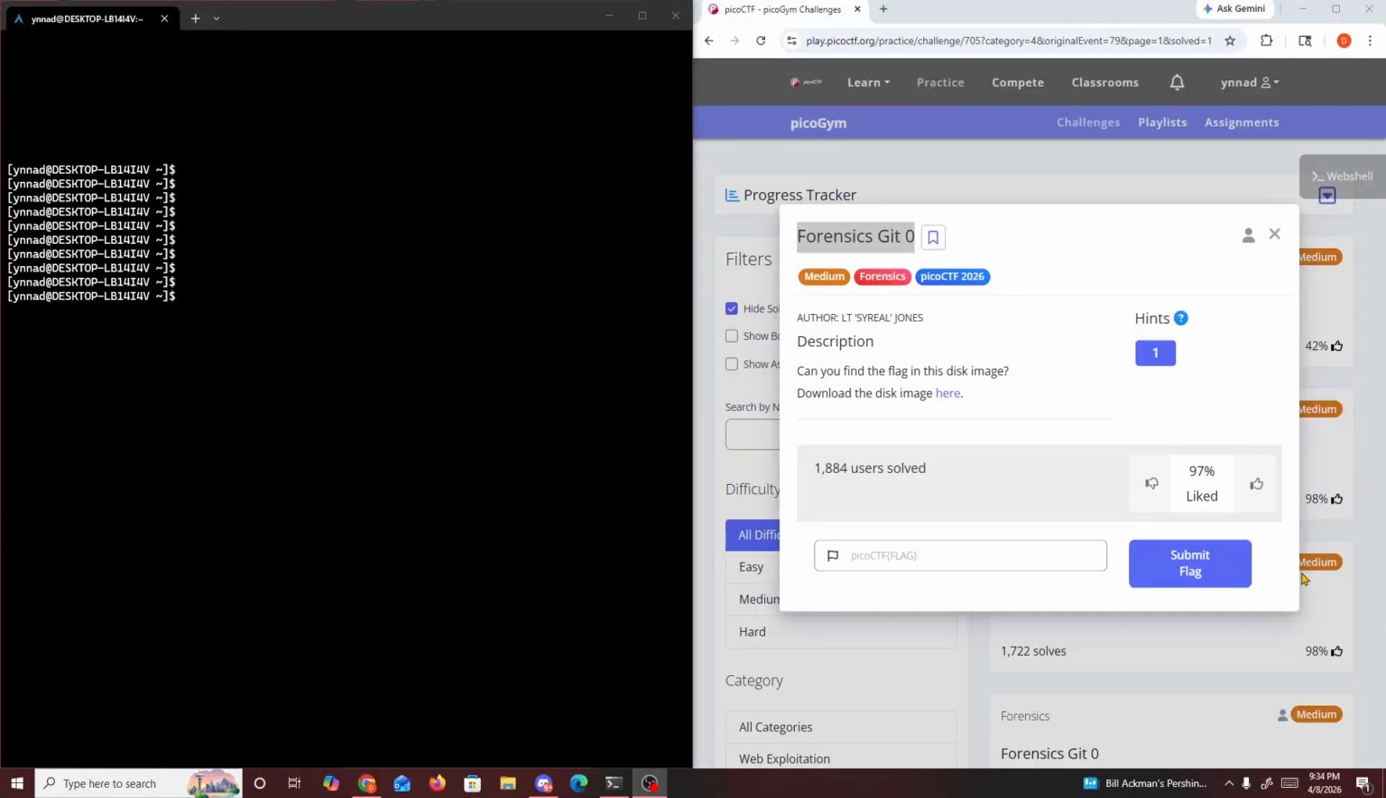Alright then, hello guys. Today we're doing another PicoCTF challenge, and the challenge we're doing today is called Forensic Git 0. It says, can you find a flag in a disk image? Download the disk image here. So they give us a disk image to download, and there's one hint: how can you extract the directory from the disk image? So you have to know a bit about command line tools that you could use to extract content